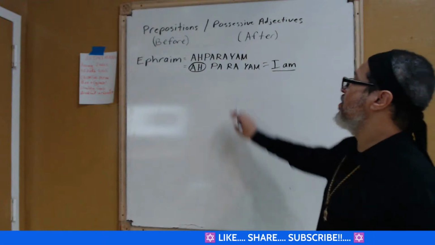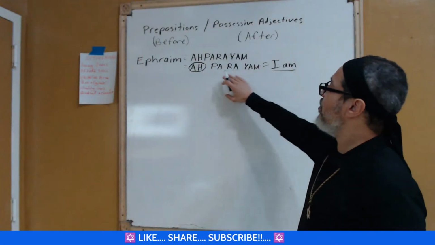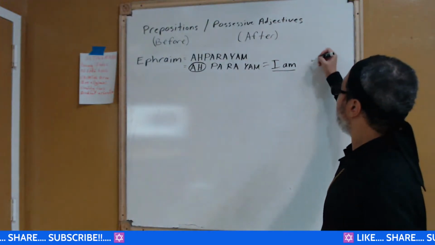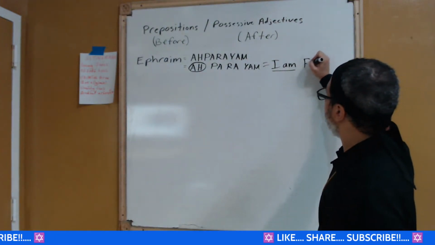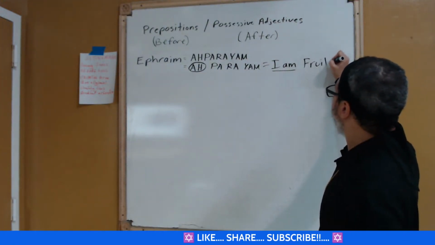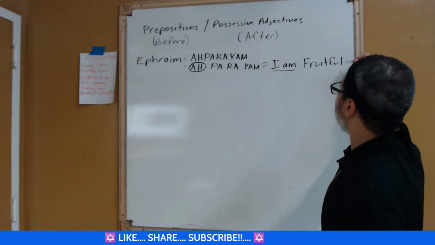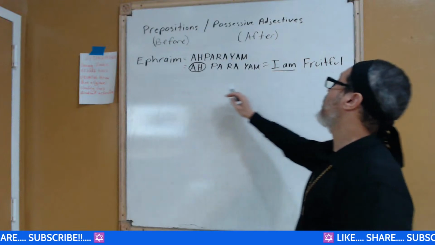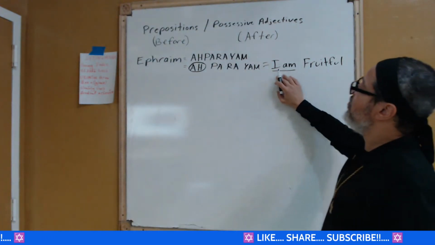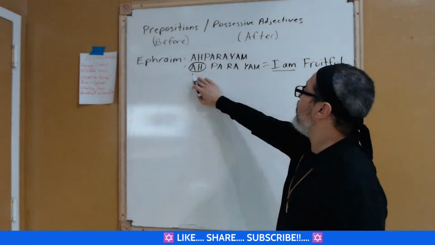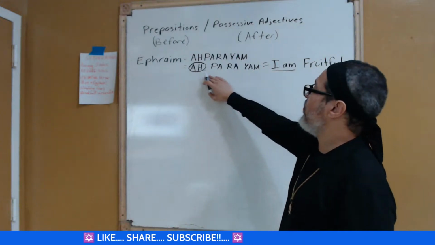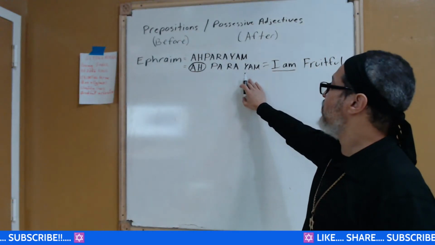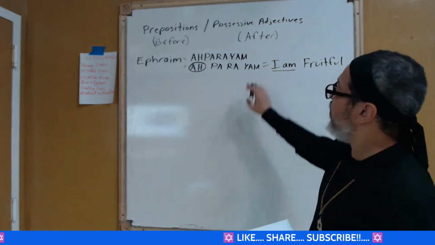Okay. The root word, you can see, is par, and that's fruit. So this is essentially saying, I am fruitful. That's what Ephraim stands for. So I am, it happened at the beginning of the word. Now we're seeing it in English here, but I'm going to write it in Hebrew now. Okay. So if we put these letters,